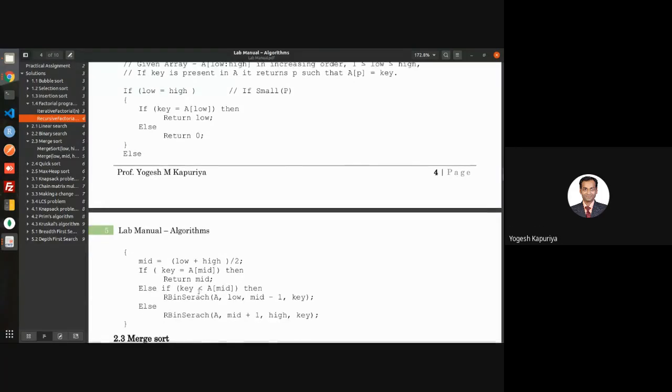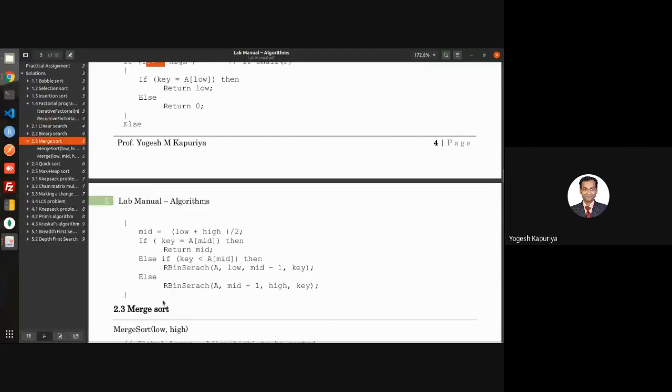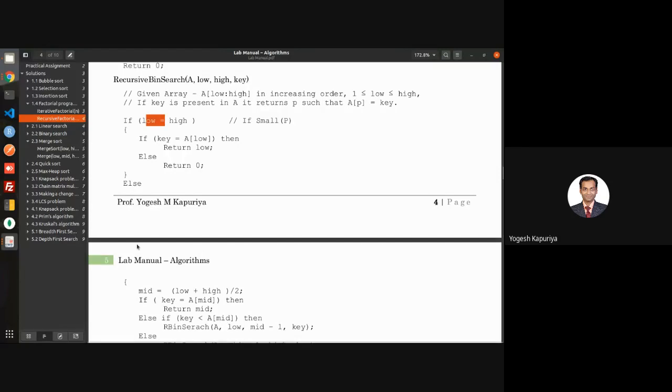But when will this algorithm terminate? It will stop in two cases. One, it is found. Found will be covered by this. But what about not found? So that you have to check over here. At any point of time, whenever you are making a call, your low must be less than high. Actually there is some change required over here. The change is that either you have this or you should have this, not both.